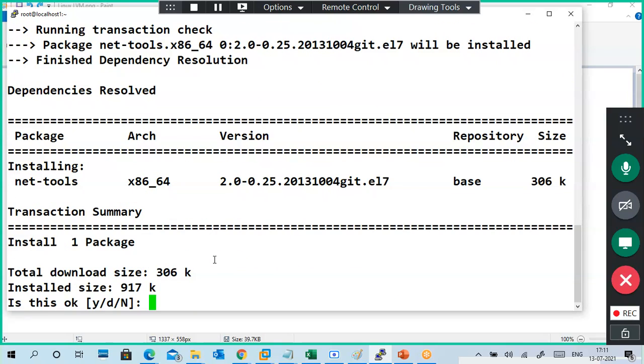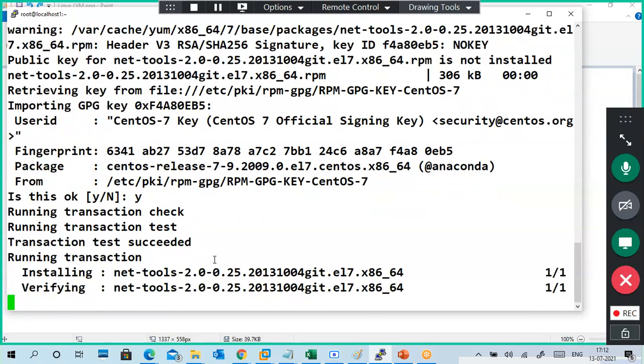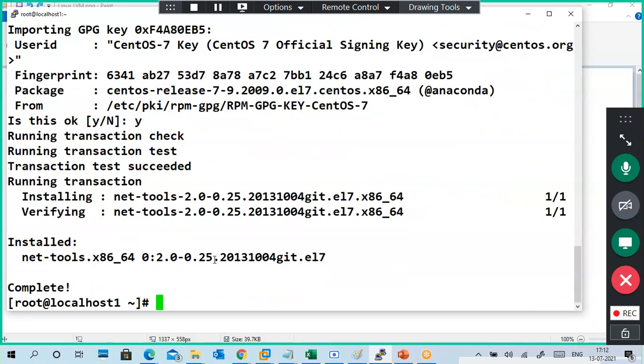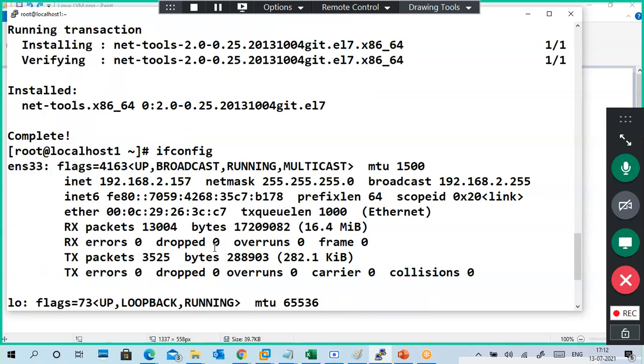See, it is showing net-tools is a package for all networking commands. Then I put yes, it downloads the package and installs it. Now it is installed. ifconfig, now it is working. Earlier it was not working.